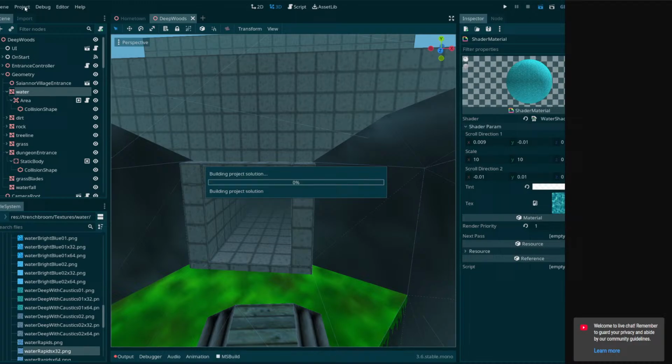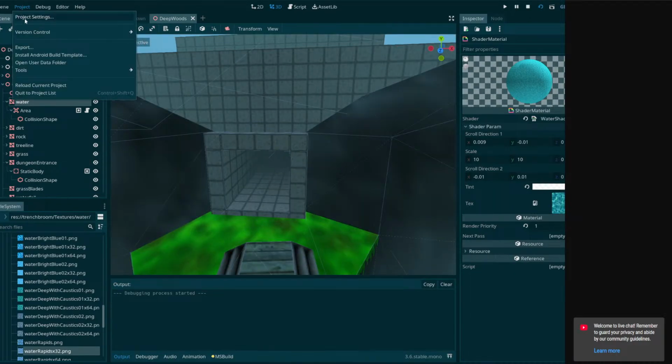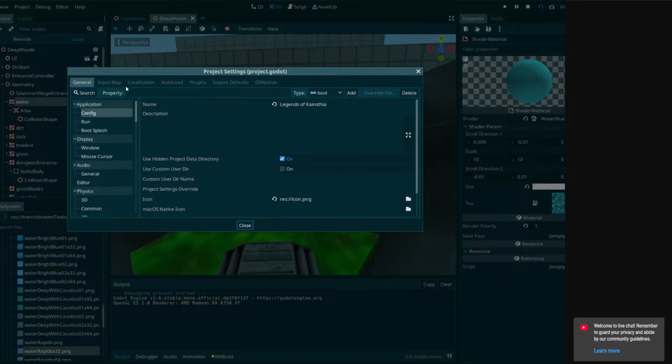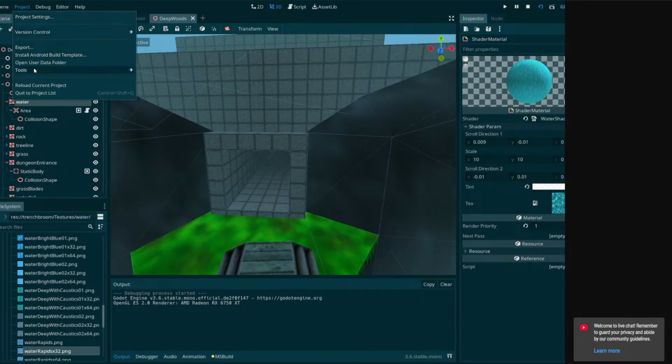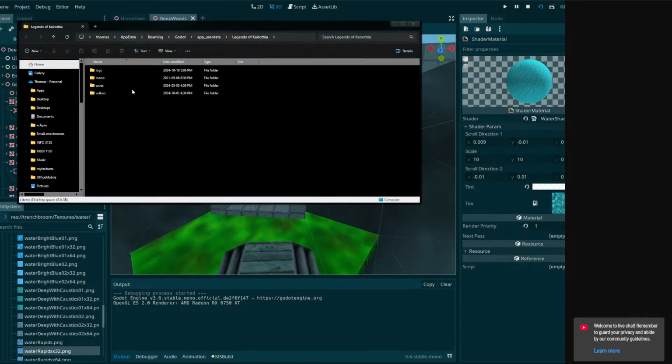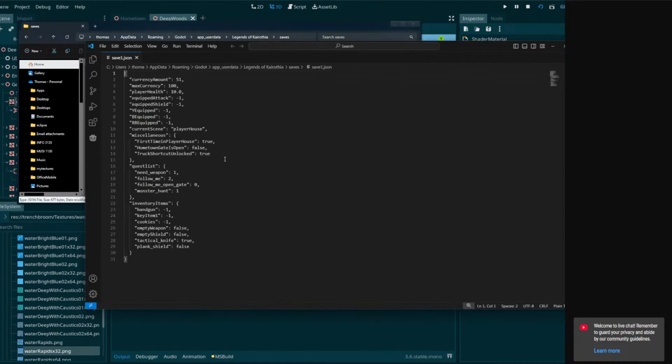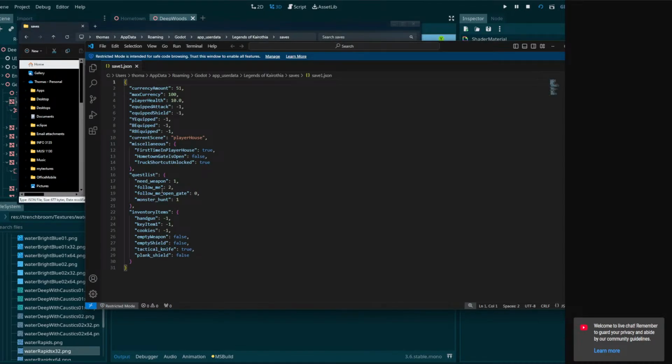Okay, so let's quickly check the quest step related stuff. User data folder, saves. Okay, so